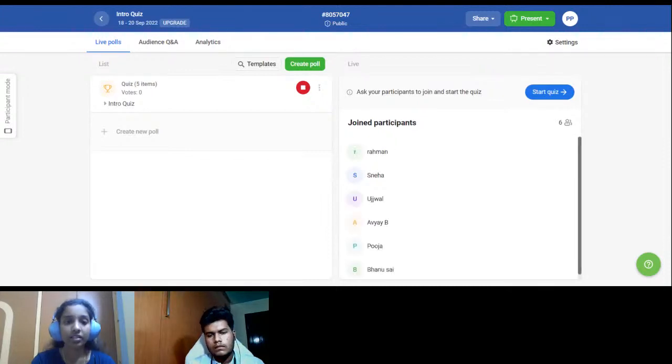Sneha, RBI, Pooja, Rahman, Ujjwal, Shravani, Madhav, Vishal, Harsha,